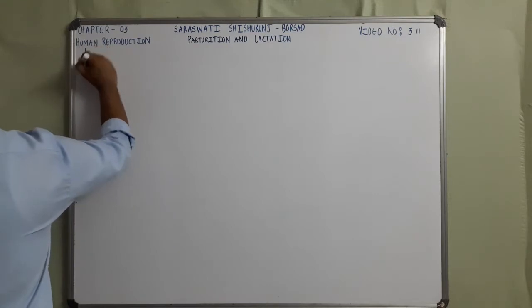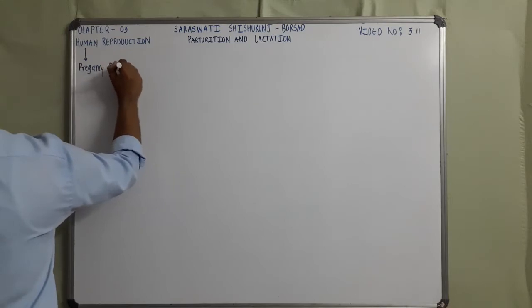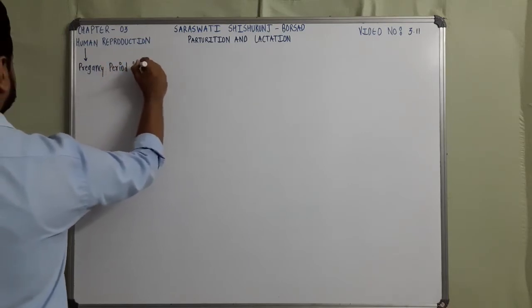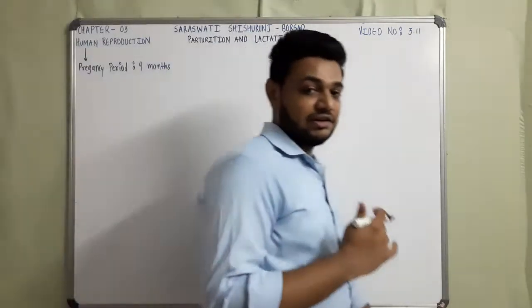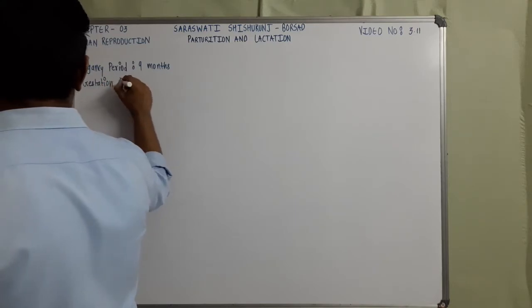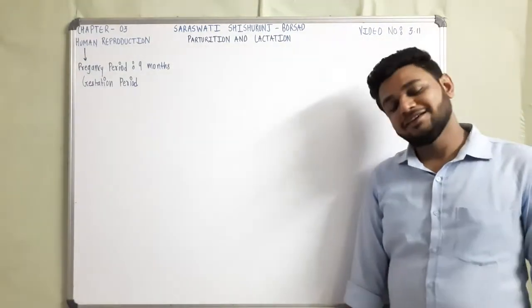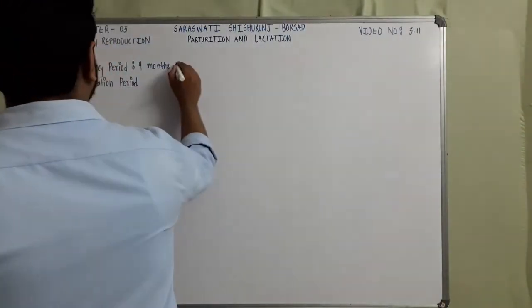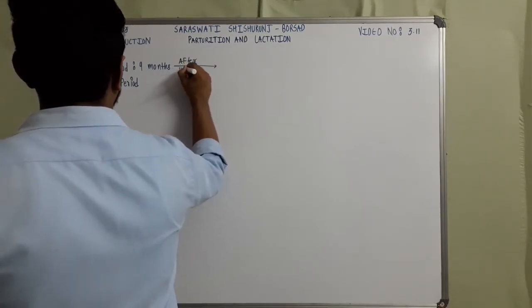First, let me explain that in humans, as I said in the previous video also, the pregnancy period is 9 months. This period is referred to as the gestation period, that is, the development of the embryo into a fetus, right? After these 9 months,